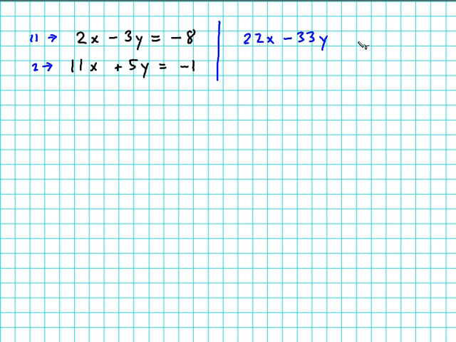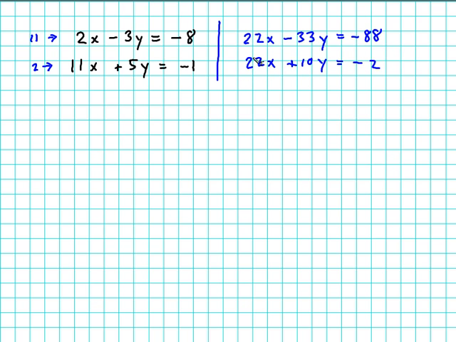And 11 times 8 is 88, minus 88. And the second equation, I have 22x plus 10y. And 2 times minus 1 is minus 2. Okay, one last step. Notice we have equal terms, but just like in the last case, we need to change